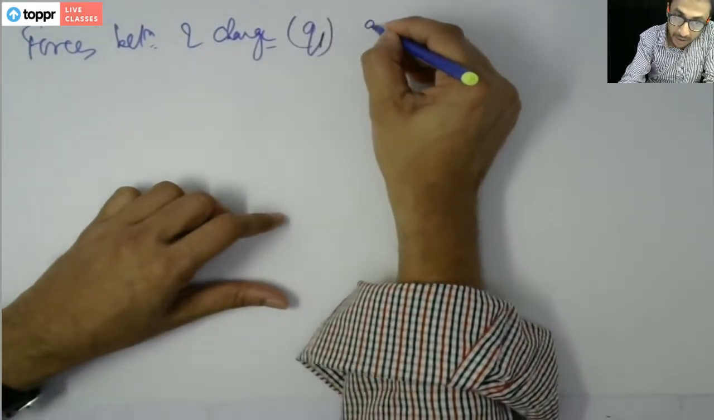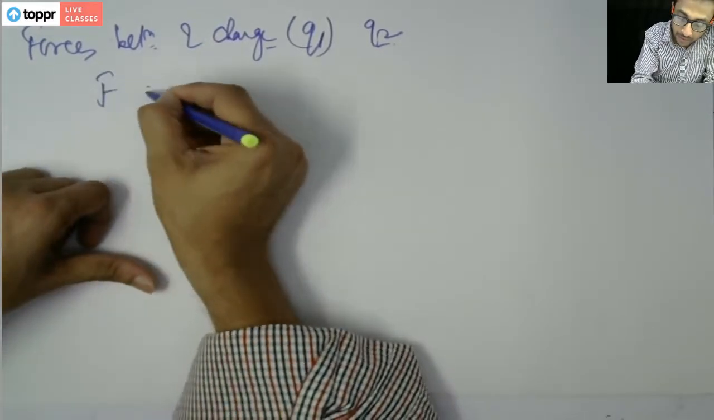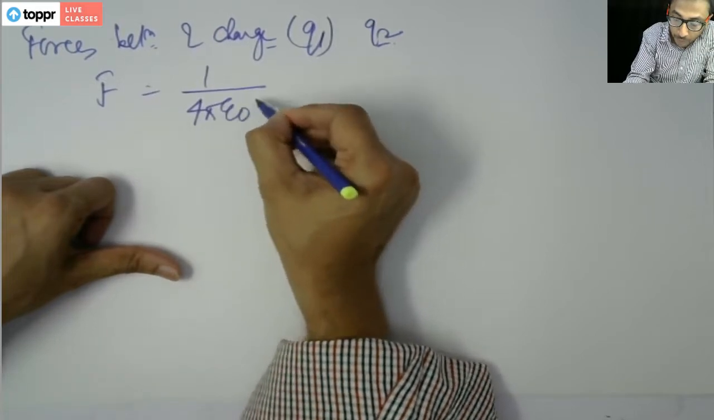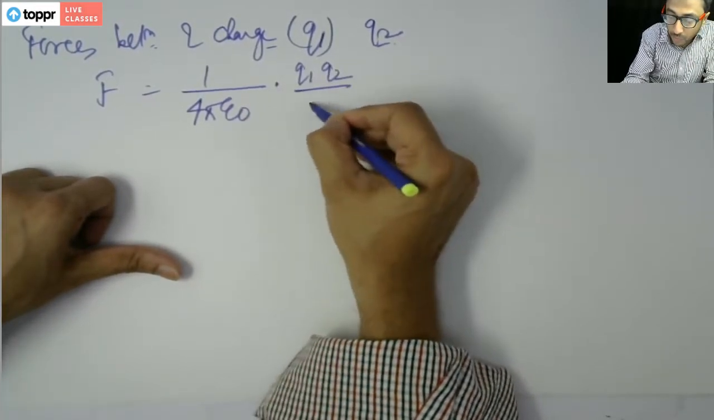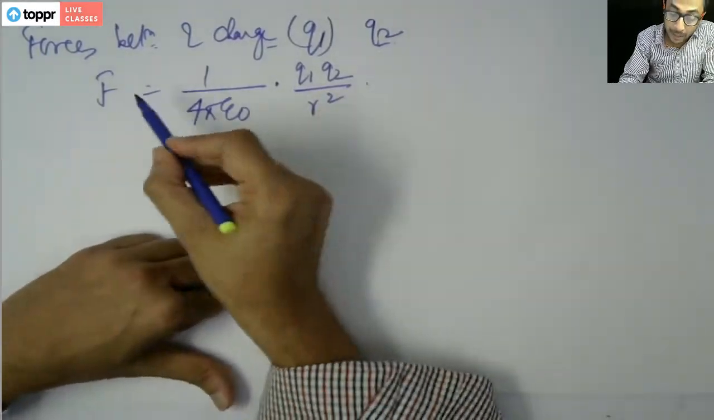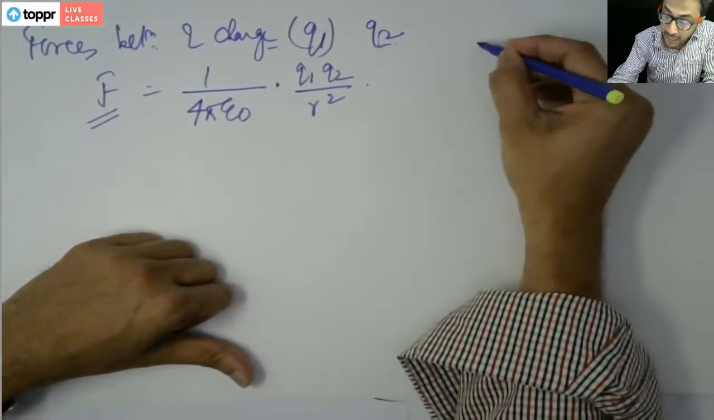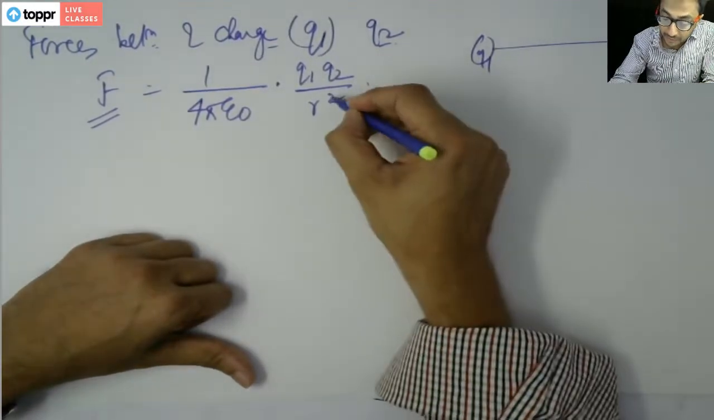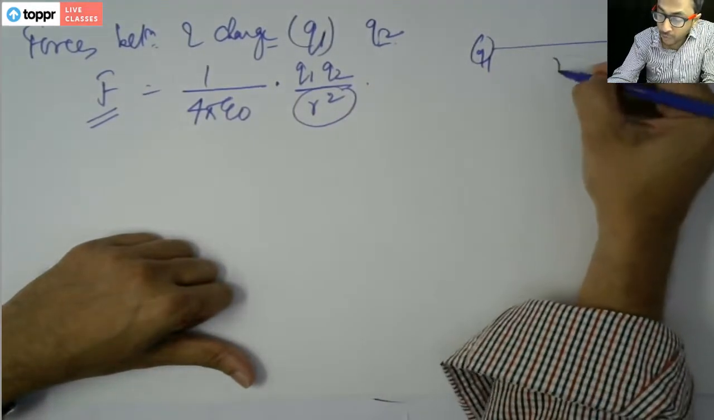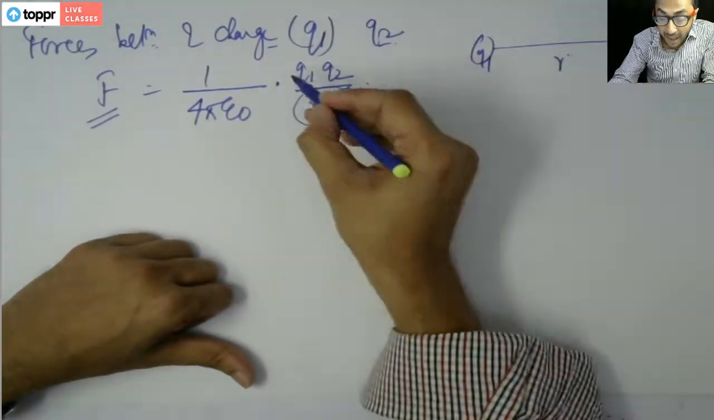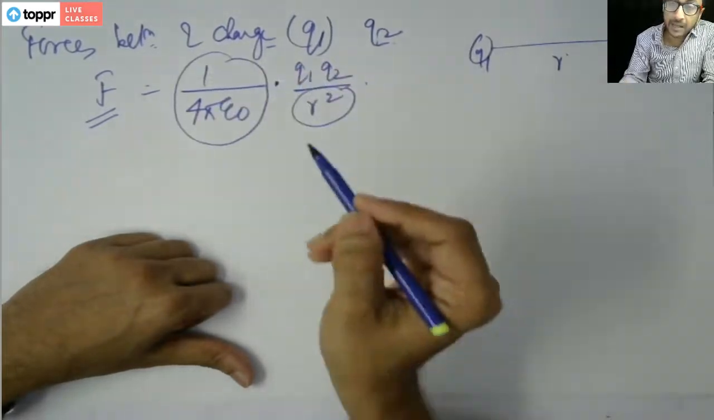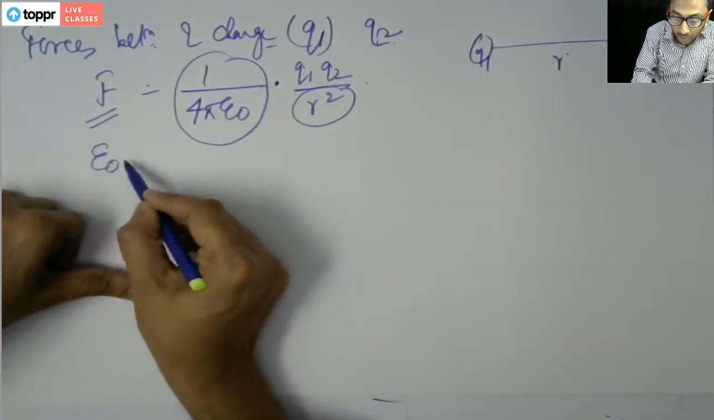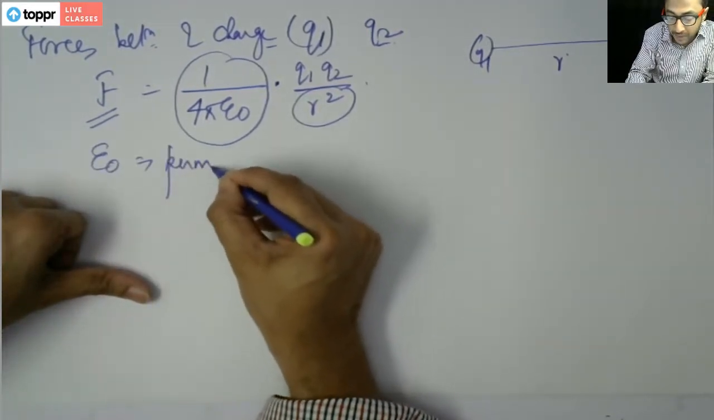Q1 and Q2, the force is equal to 1 by 4 pi epsilon 0 times Q1 Q2 by r square. That is, the force between two charges is directly proportional to the product of the charges and inversely proportional to the square of the distance between them. And the constant which is getting multiplied is 1 by 4 pi epsilon 0, where epsilon 0 is called the permittivity